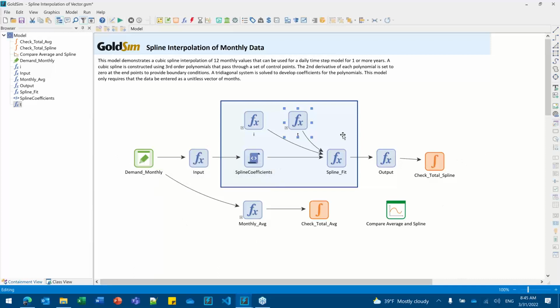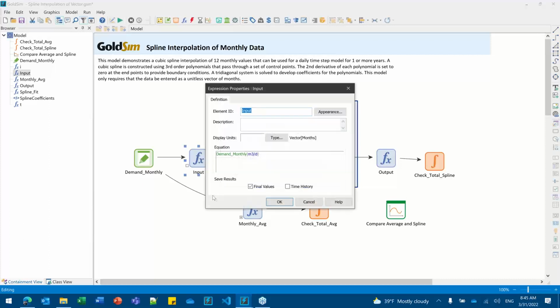The other thing that you need to keep in mind with this approach is that it requires that the data coming in is unitless. So you got to be kind of careful. Typically we kind of take it for granted if you've used GoldSim for a long time that it always takes care of units for you. But in this particular case, because the calculations are being done in unitless, it means we need to cast off the units. So if we go to the input side here, you can see we are casting them off